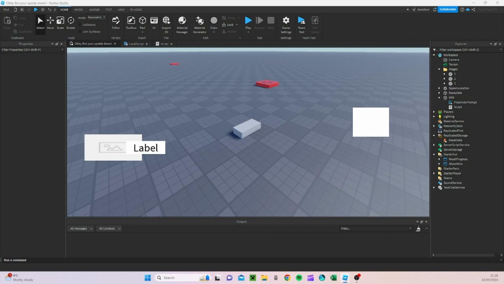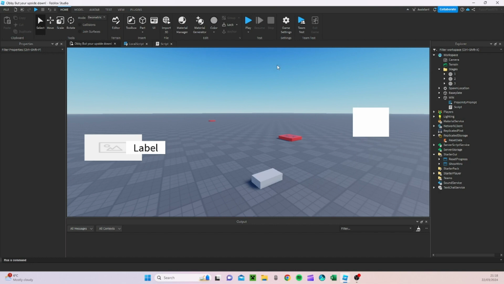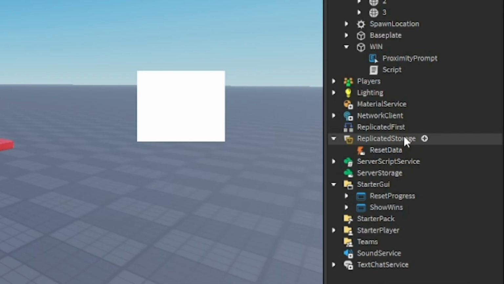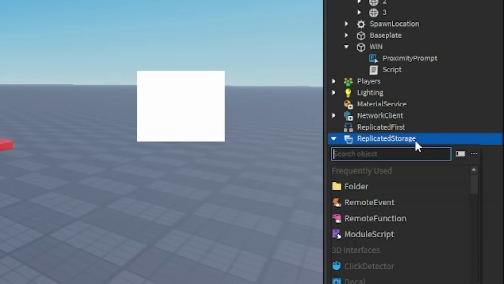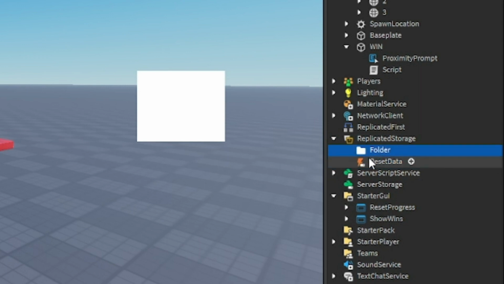Anyway, finally, the last thing that I'm going to be doing today is I'm going to be making a bar which shows us our progress. And what we can do for this is we can go to ReplicatedStorage and we can create a folder. I'm going to name this folder Events,